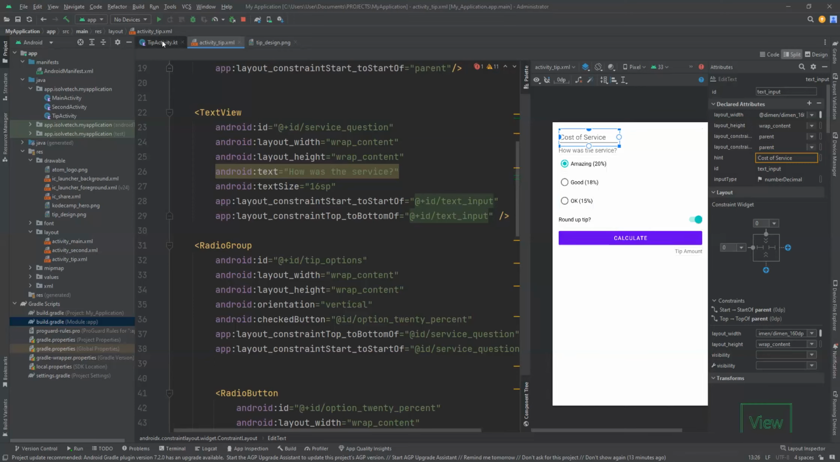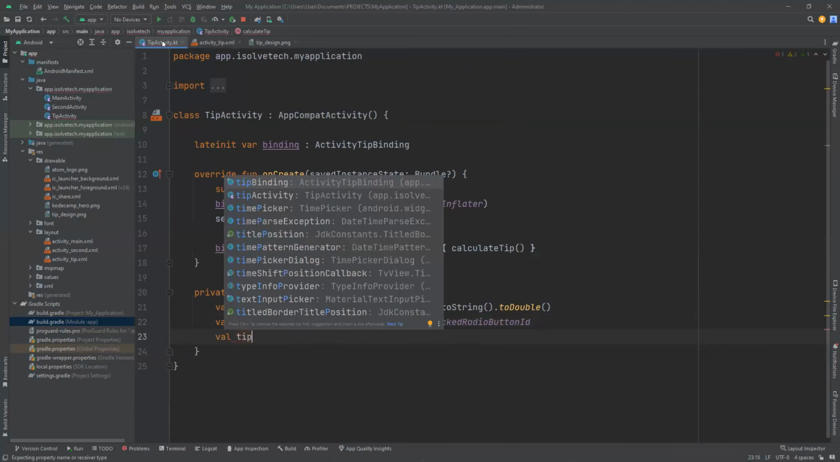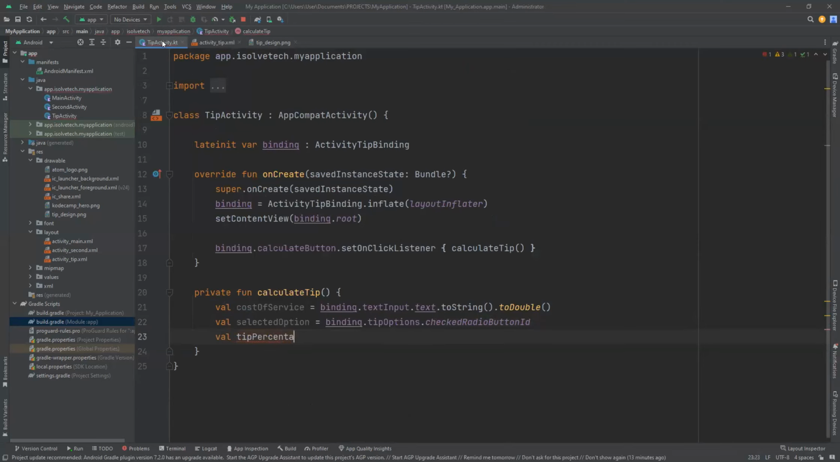Okay, so the percentage, I'm going to create another variable. Let me call it tip percentage. So how do we want to calculate the percentage? I'm going to use a when statement here, right? Now, when the selected option here, because when you click on maybe 10%, it stores that it is 10% that was clicked on, right? So when the selected option is, so we're using a when statement here. When it is